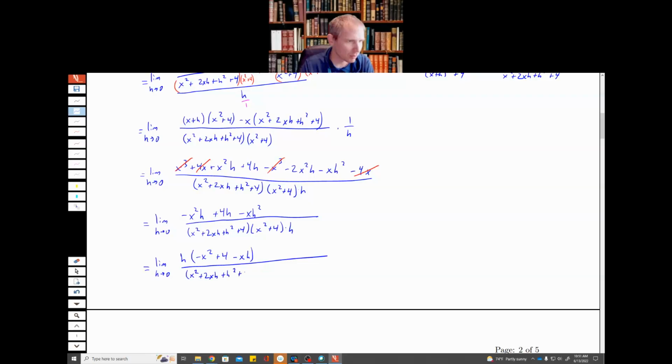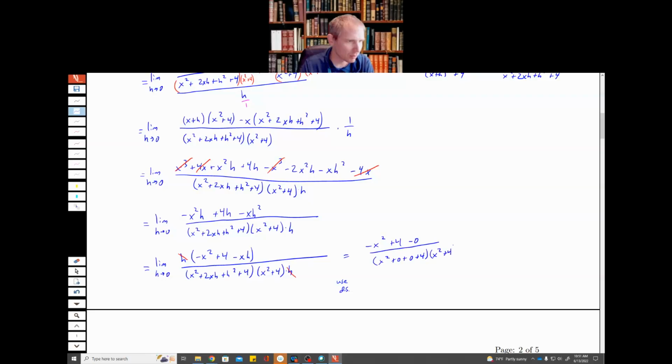And the denominator, again, we're just leaving alone. It's along for the ride. Now I can cancel this h that I've factored out of the numerator with the h that is still factored out of the denominator. That's sort of our key piece here. Now that I've canceled this h in the denominator, I can use direct substitution. So I get negative x squared plus 4 minus 0 over x squared plus 0 plus 0 plus 4